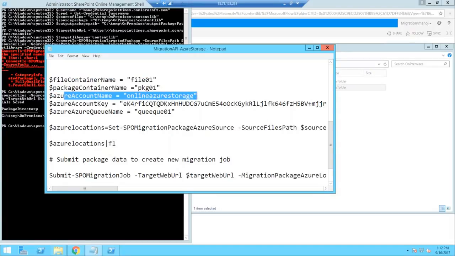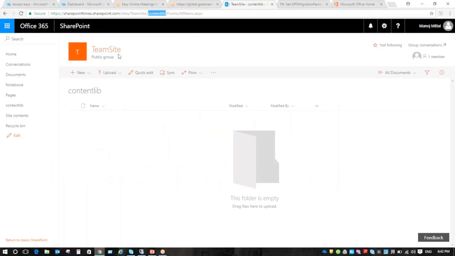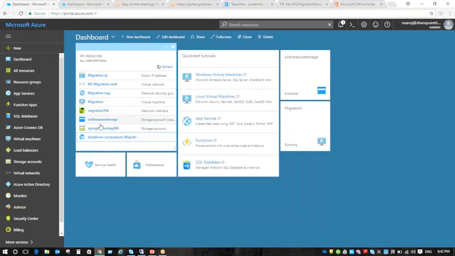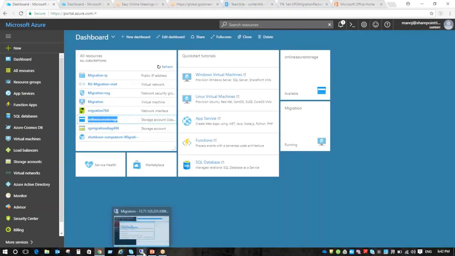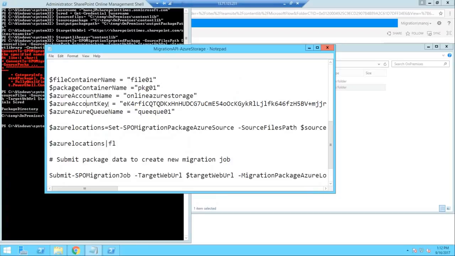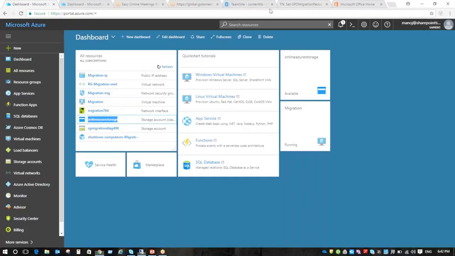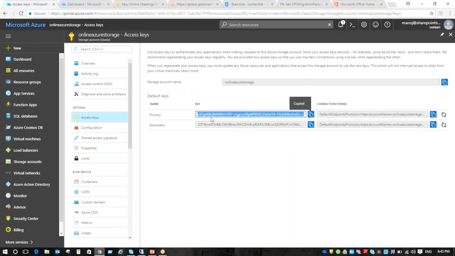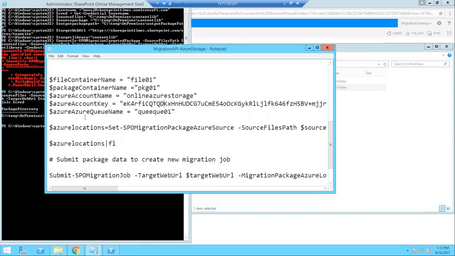Azure account name, it's an online storage account. It should be the same as what we have. If you see here, this is my Azure account name. I'll close it. Yep, so this is my online Azure storage, and this is the online storage account name. The same variables need to be used here. And this is the Azure account access key. As I talked about earlier, let me move there. We have the access key. So this is just the access key. I just use it here, copy paste. So I use those keys.